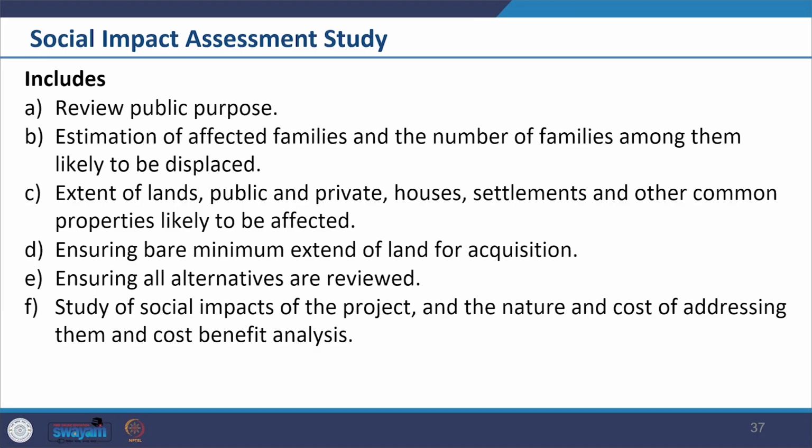Further, we see that the government will be required to prepare a social impact management plan. So they would undertake a social impact assessment, and based on that, a social impact management plan is also required. So the government has to ensure that after undertaking the social impact assessment, a social impact management plan is also prepared. The social impact management plan is prepared to mitigate, to reduce the negative impact which might happen with rehabilitation, relocation and resettlement.